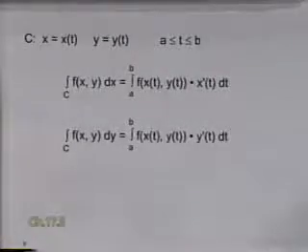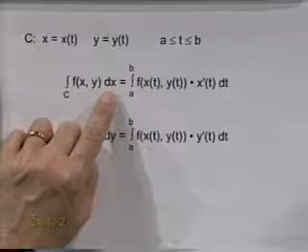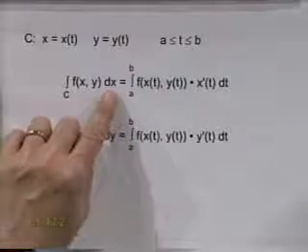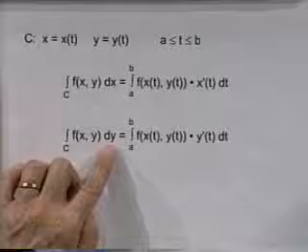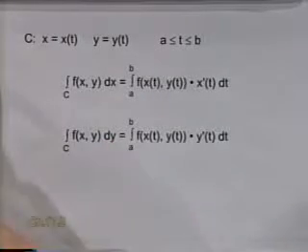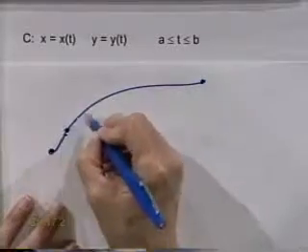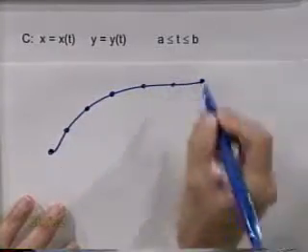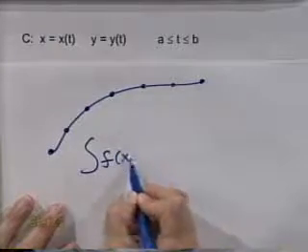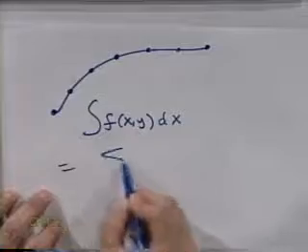Okay. We also, with line integrals, instead of integrating with respect to s standing for arc length, we can integrate with respect to x, with respect to y, and if we have a three-dimensional function, with respect to z. Now the whole concept here is if you took a curve, here's your curve, and you partition it into a bunch of little subcurves. If I wanted to figure out the idea of f of x y dx, what you would do is